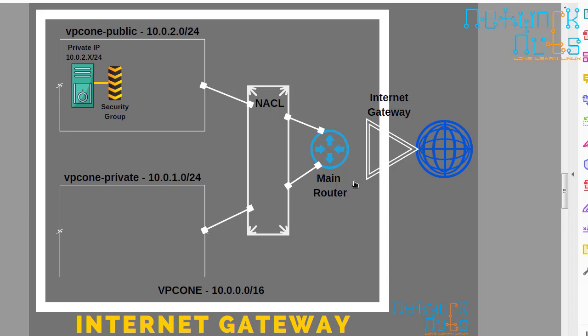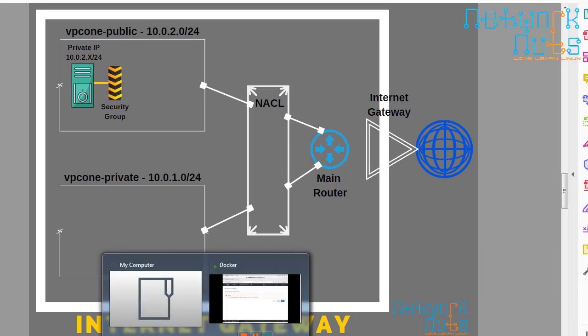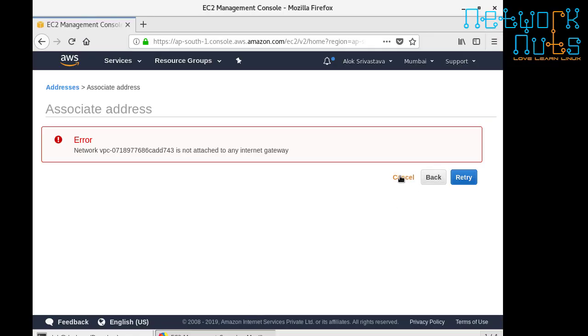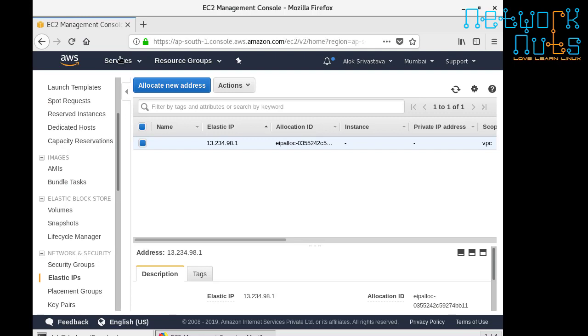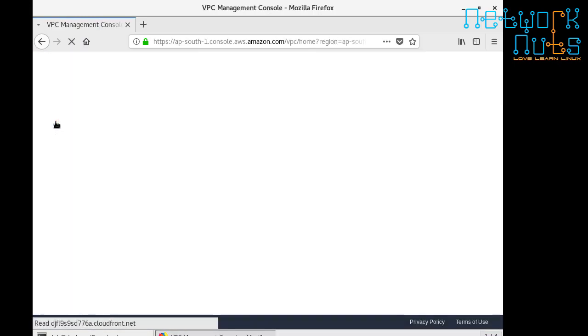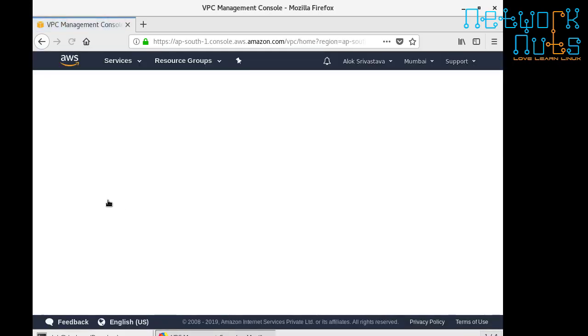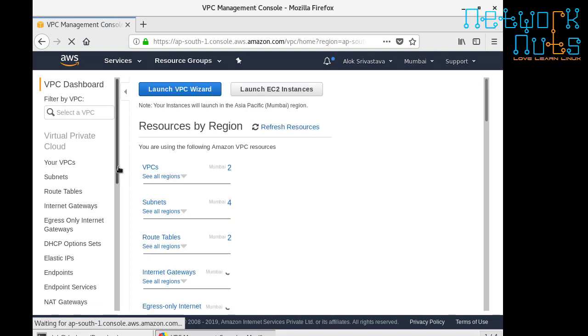Guys, remember this. Unless you have an internet gateway device connected to your VPC, which further connects to the internet, you won't be able to assign an EIP. Right? Perfect. I know you got it. You're smart. Now go back. So cancel this. Go to your VPC. Shift the gears. And